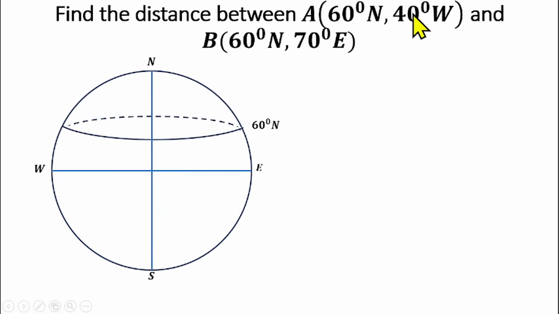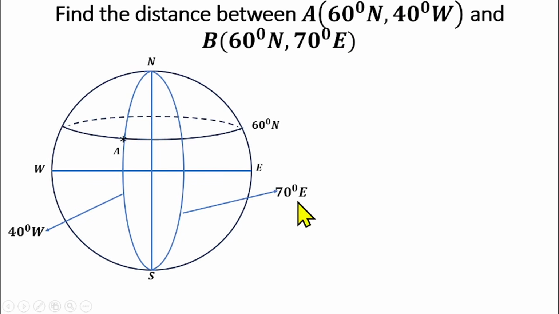So point A is on 40 degrees west. If I draw that, then this place will be point A. Then point B is on 70 degrees east. I'll draw that also. So this point will be point B. Then we can see that both of them are on this small circle, which is that latitude 60 degrees north. So I'm going to find the distance between them along that small circle, along that latitude,